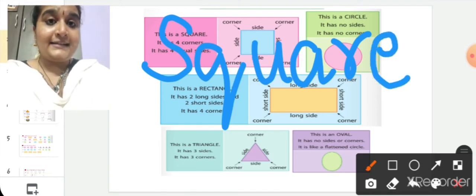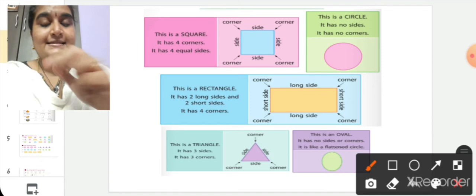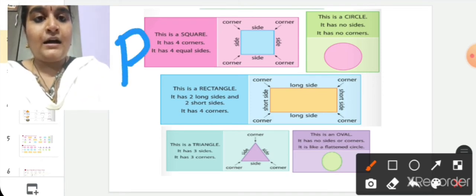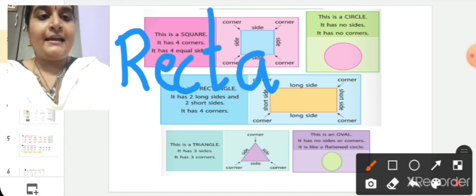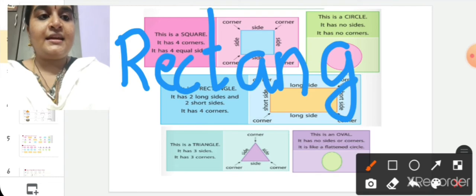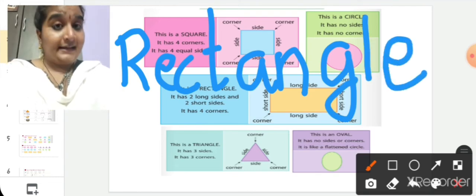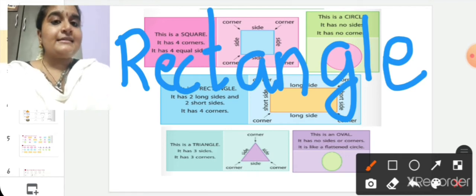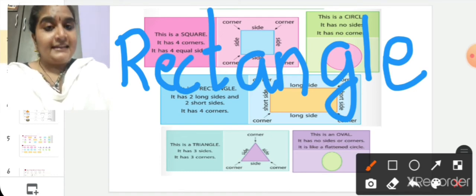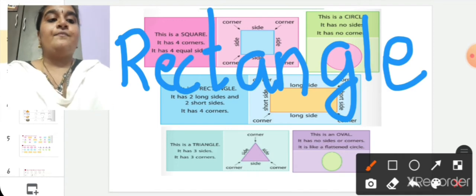Next one, rectangle. R E C T A N G L E, rectangle.